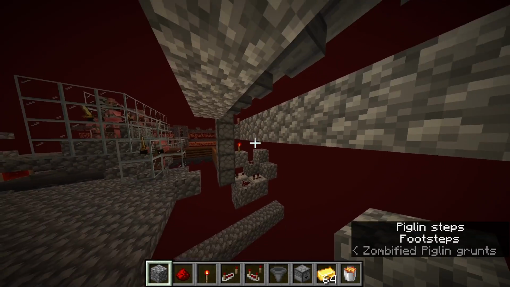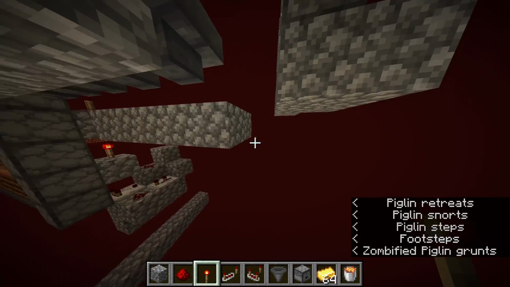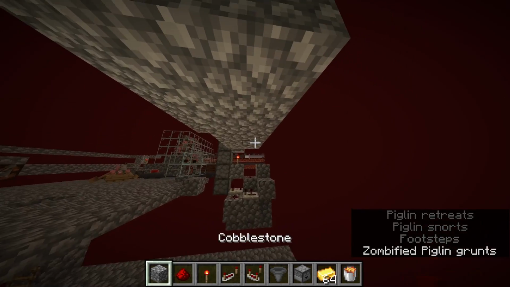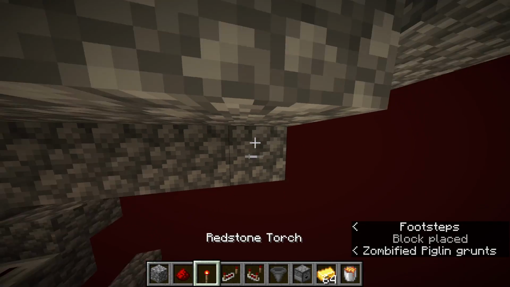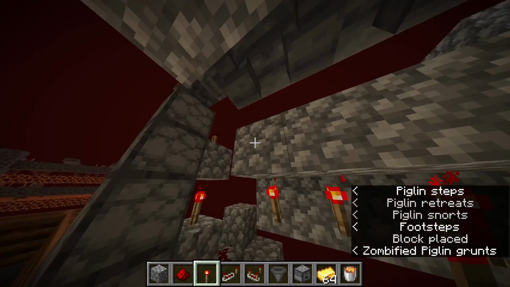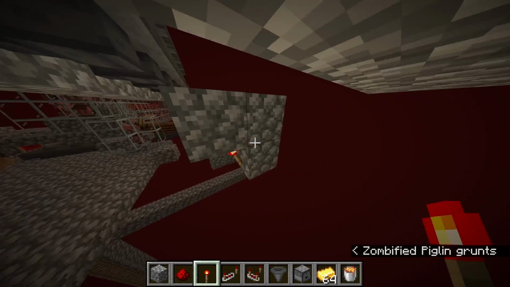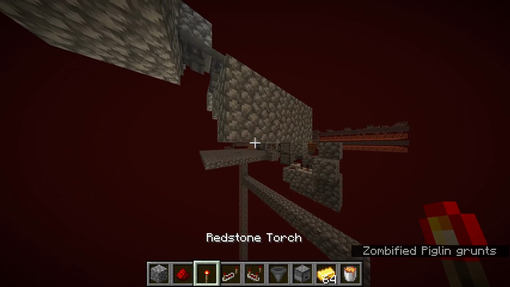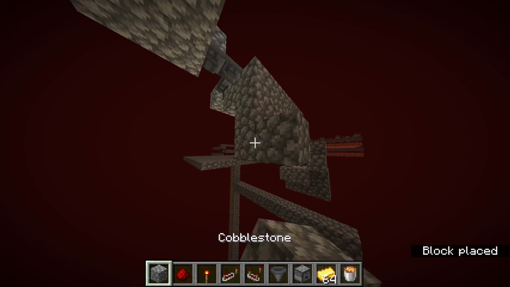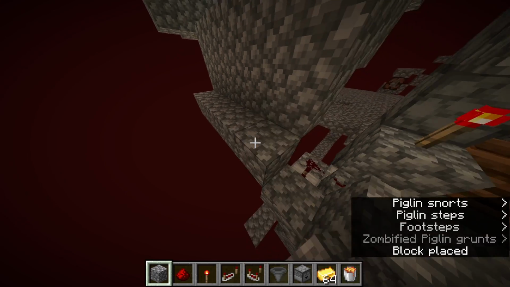So what you want to do is place, just double checking how this works. What you want to do is place some blocks here, actually, and place some torches here to power this block, which will lock these hoppers. And then you want to place some blocks off to the side down here. And then what you want to do is place a bunch of